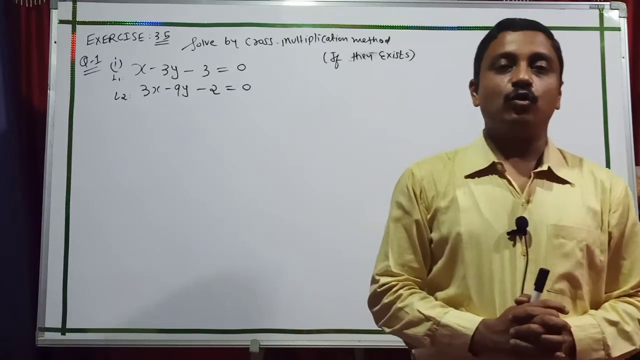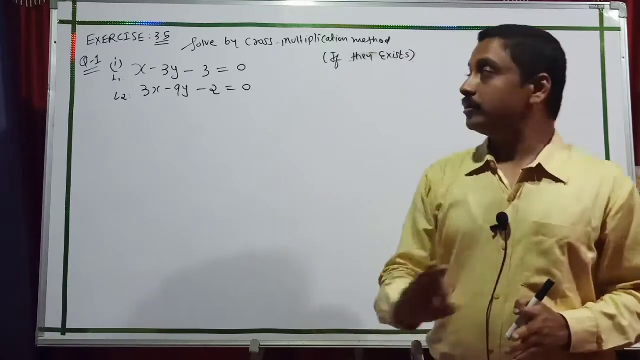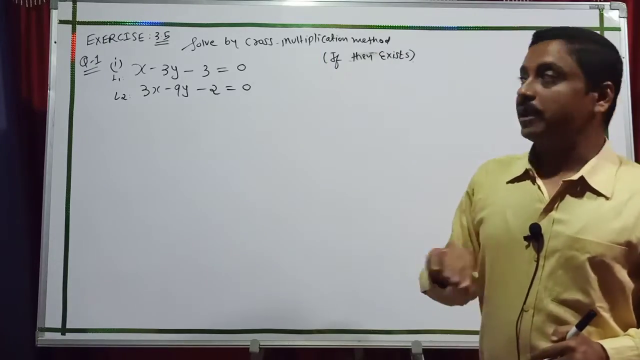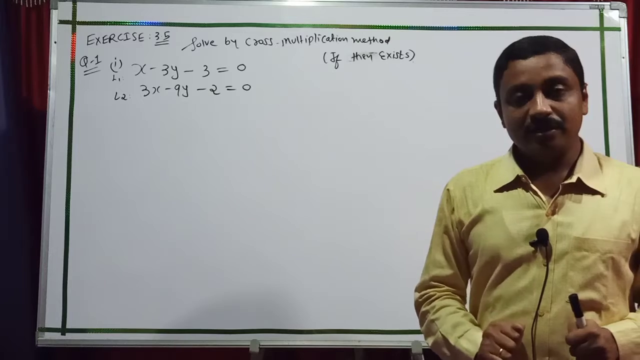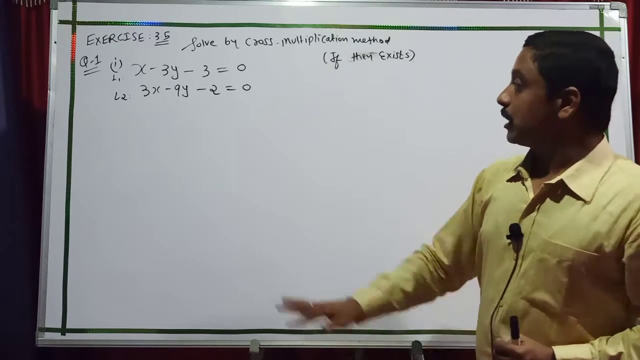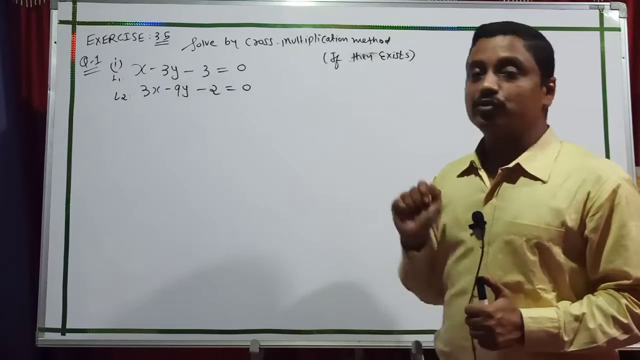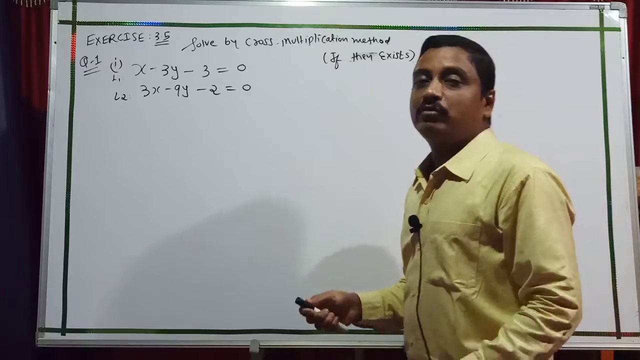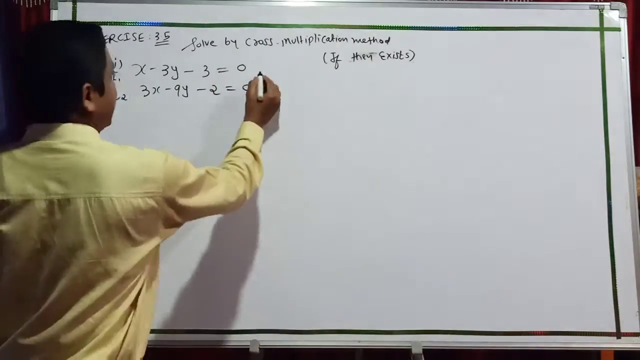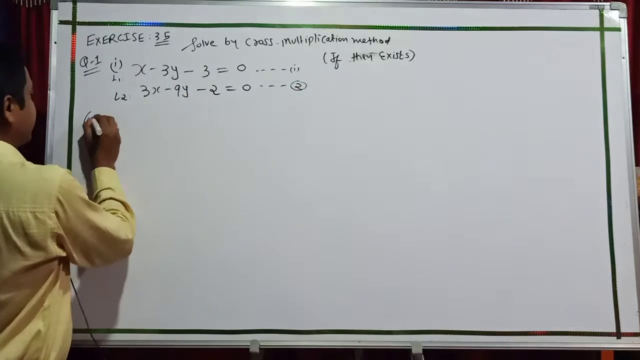Now students, I go ahead with our exercise 3.5. The question heading says: solve by cross multiplication method if they exist. So sometimes a numerical with no solution is also given. Now I start. First of all, first question first. x minus 3y minus 3 equal to 0 and 3x minus 9y minus 2 equal to 0. Here we apply equation 1 and equation 2, and compare both of them